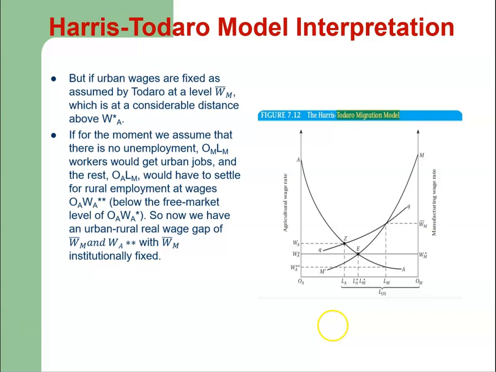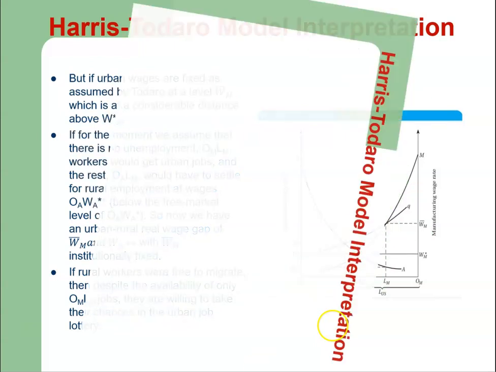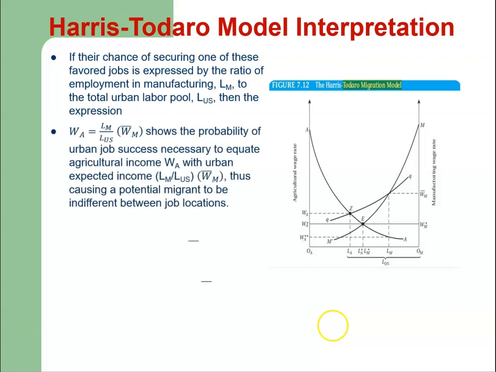So now we have an urban rural real wage gap of W bar M and WA double star, with W bar M institutionally fixed. If rural workers were free to migrate, then despite the availability of only OM LM jobs, they are willing to take their chances in the urban job lottery. If the chances of securing one of these favored jobs are expressed by the ratio of employment in manufacturing LM to the total urban labor pool LUS, then the expression WA LM divided by LUS W bar M shows the probability of urban job success necessary to equate